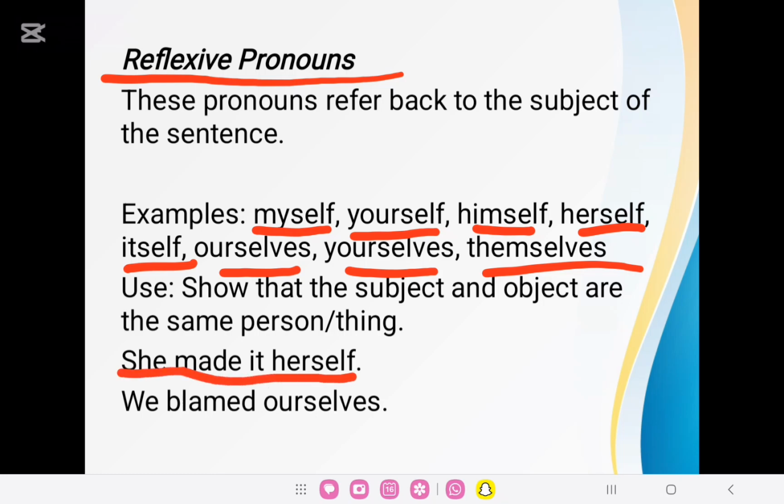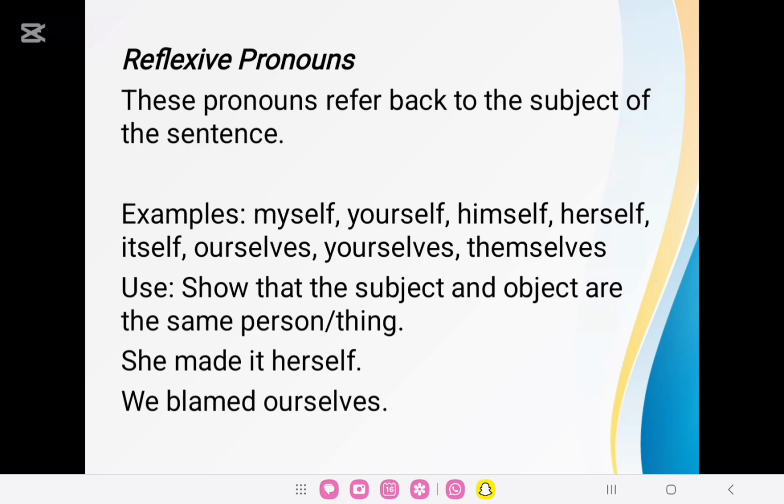She made it herself. Who made it? She made it herself. We blamed ourselves. Who are ourselves? It's we. So whenever we use these reflexive pronouns, basically they are a reflection of the subject. So herself and ourselves. Then we have